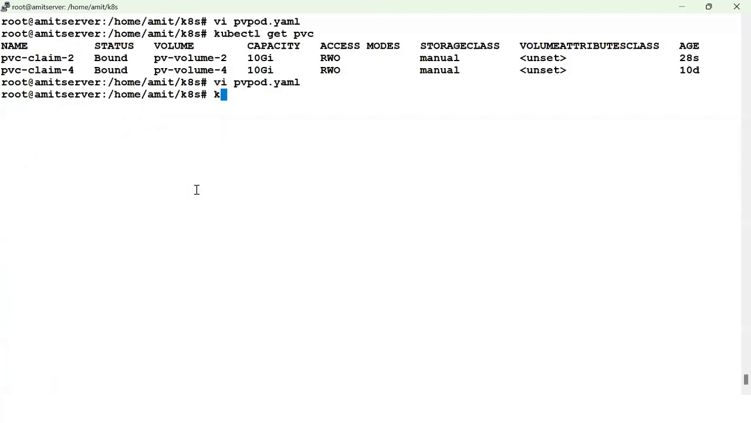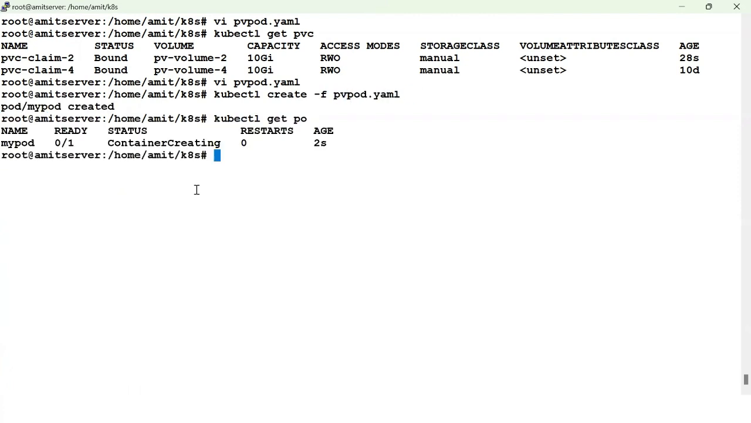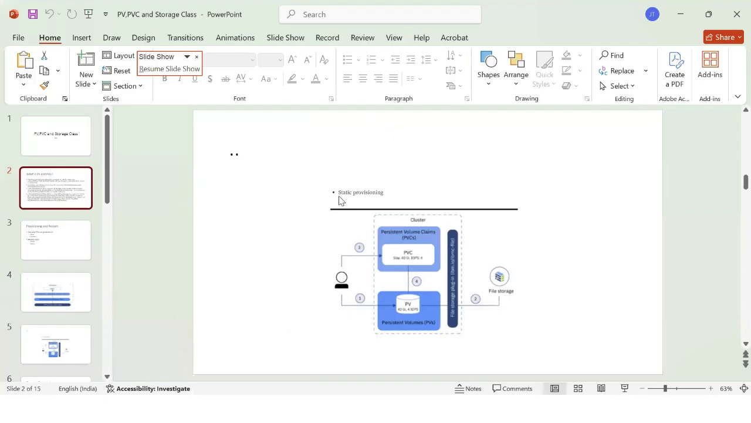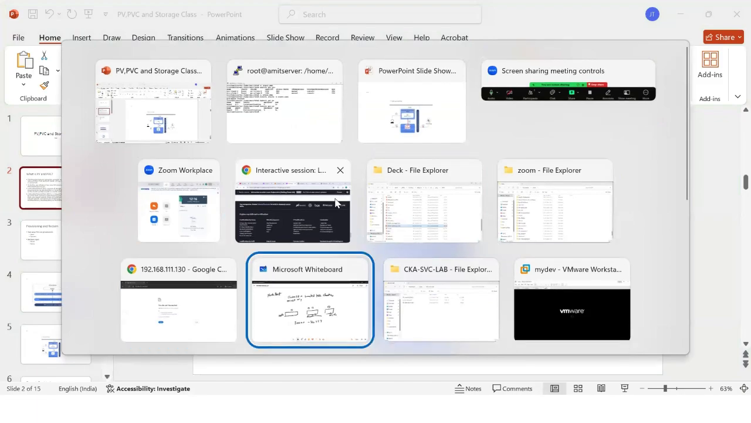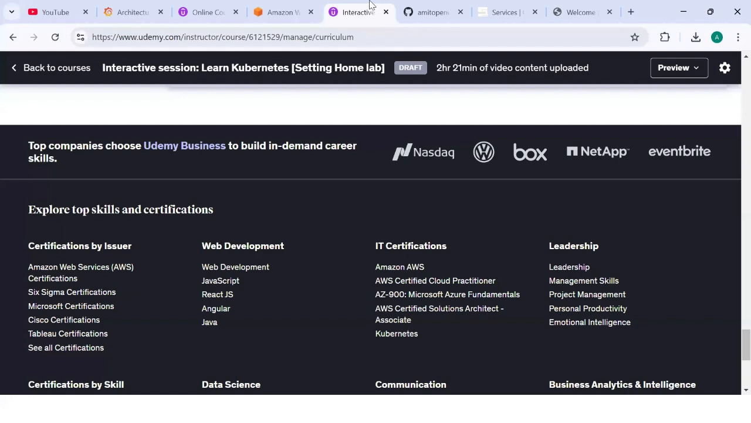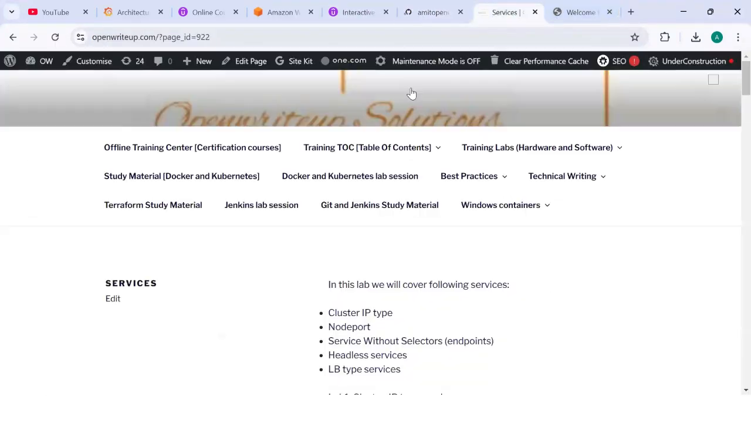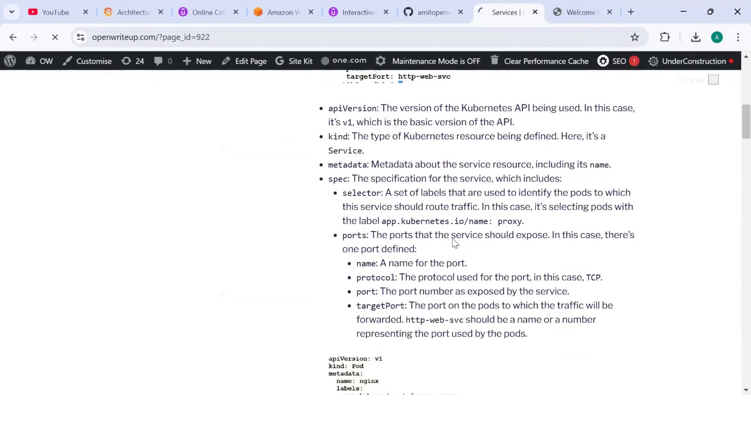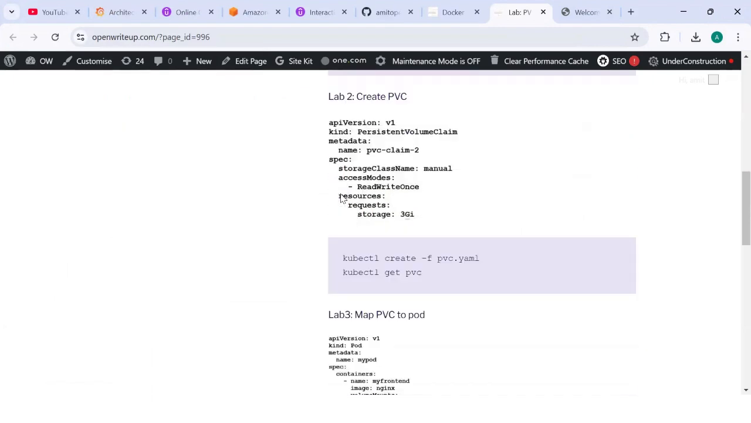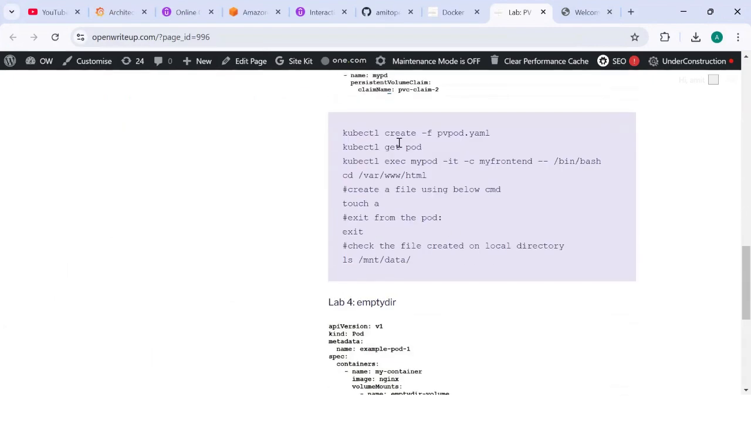I'll go and create the pod with kubectl create -f pvpod.yaml. Once it is created, let it create. I'll show you that particular path and how it will look in our lab documentation. I will be providing this lab documentation to you, so you can go and check it out. It's lab number 13, which is PV and PVC. I have done the first part and second part. Now, once the pod gets started,